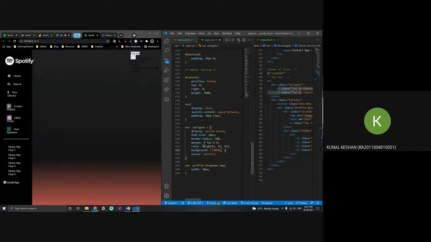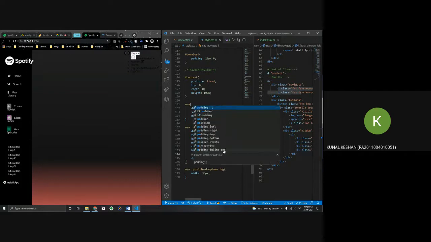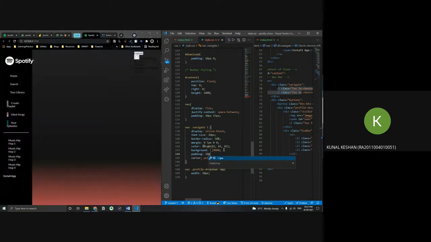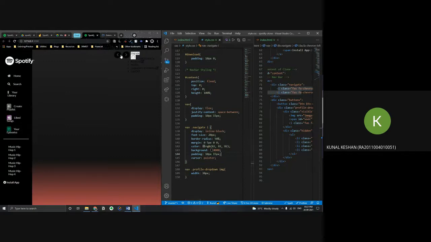Since it's getting collapsed within this one, we put a padding over here, padding top with 10 and 15 pixels. Let's see. Yeah, so it looks like Spotify's one right now. So we are done with the button.